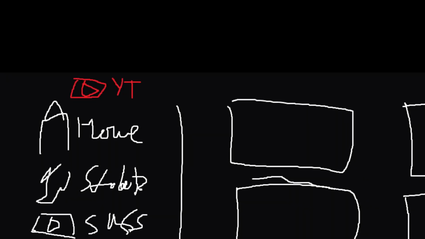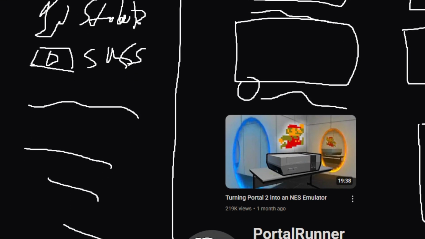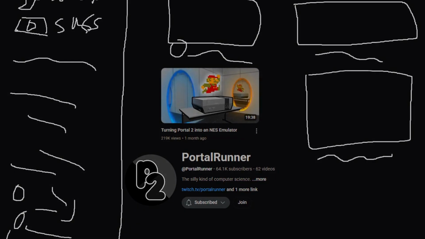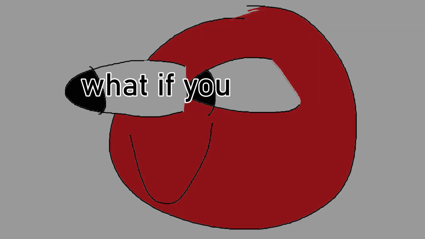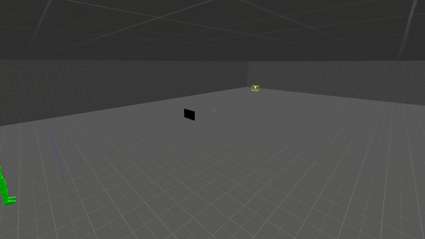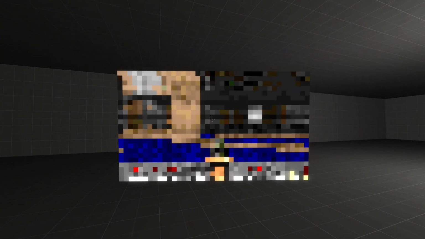So I was browsing YouTube and I stumbled upon a great video by Portal Runner showing how NES games can be played inside of Portal 2. This immediately intrigued me and made me wonder, what if you could play any games inside of the Source engine? Follow me on my journey from just a simple colored pixel all the way to a playable Doom, complete with